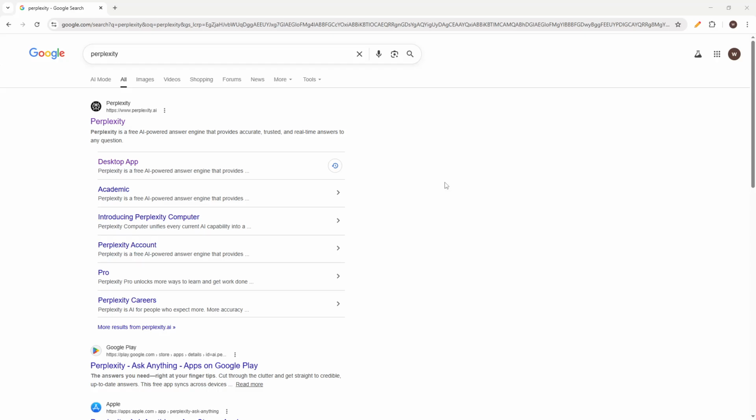First, open your preferred web browser and head to the official Perplexity AI website. You don't need to install an app or create an account, which makes it perfect for quick research or a one-off task. As a quick tip, always make sure you're on the official site by checking for a secure connection